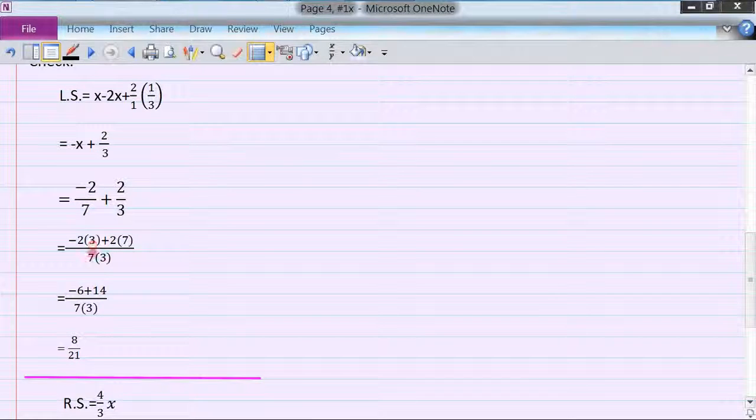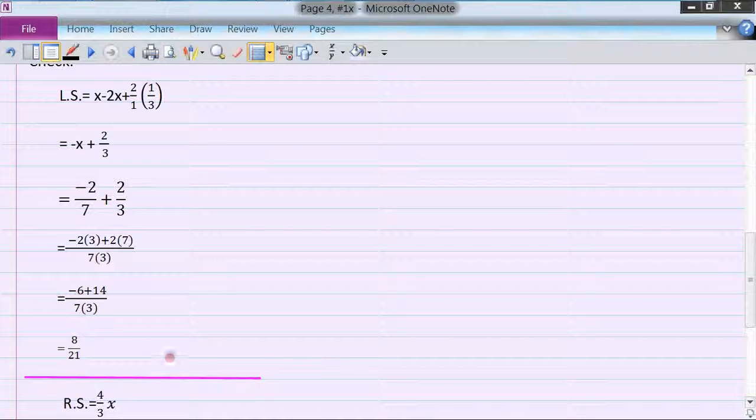Since the 7 appears down here, I'm going to multiply the left term by 3. If I have this term the same as this one right over here, then I multiply the remaining part by 7, so 2 times 7. So this is minus 6 plus 14, which comes out to be 8,